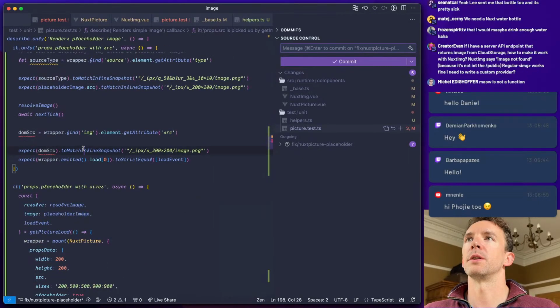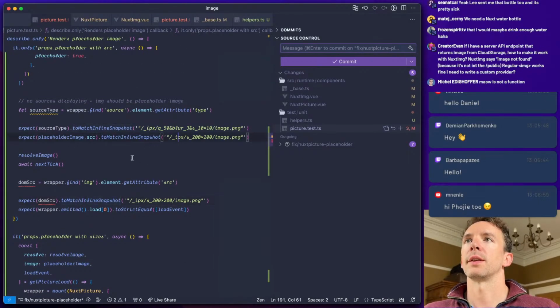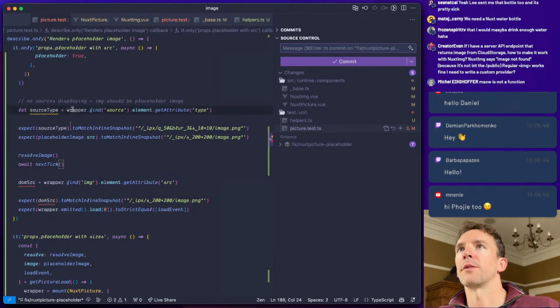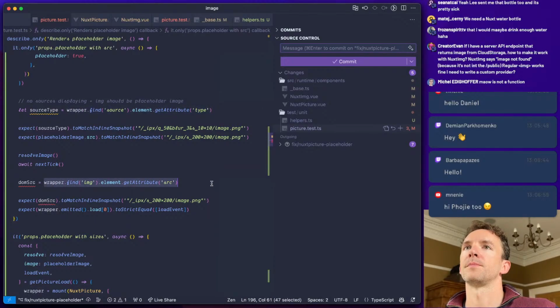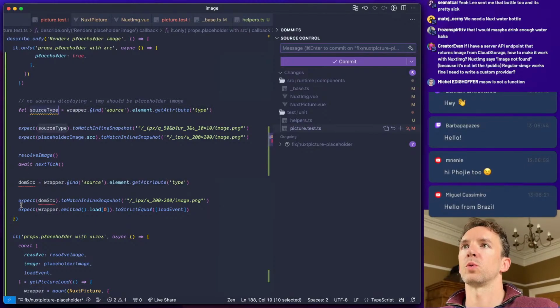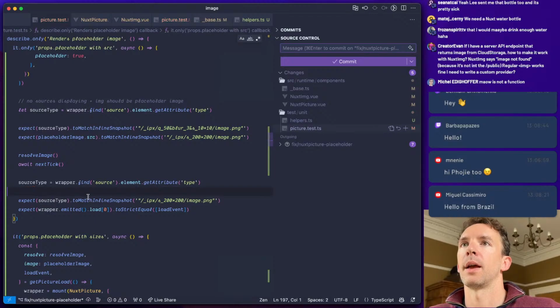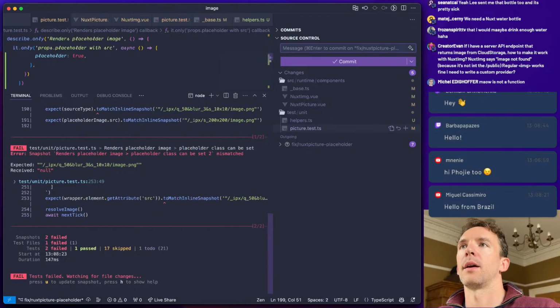Okay, so placeholder image should match a nice snapshot. And then we're looking for source type. And